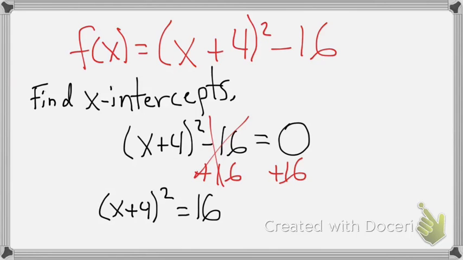All right, now, again, we're solving for x now. So solving means we're just trying to isolate it, get it by itself. So we have to get the parentheses and that squared power out of there before we can take away the 4. So now is our square root step. You're going to do this every time because it's always going to be squared if we're doing parabolas. Same thing on the other side. All right, so then we're going to have just x plus 4 equals